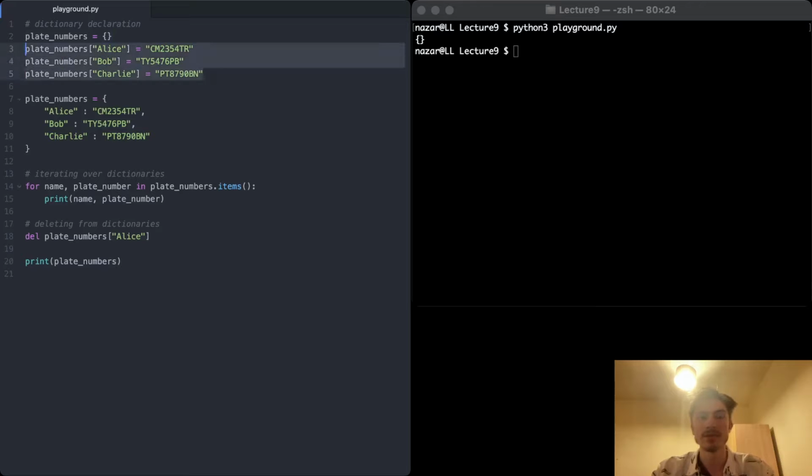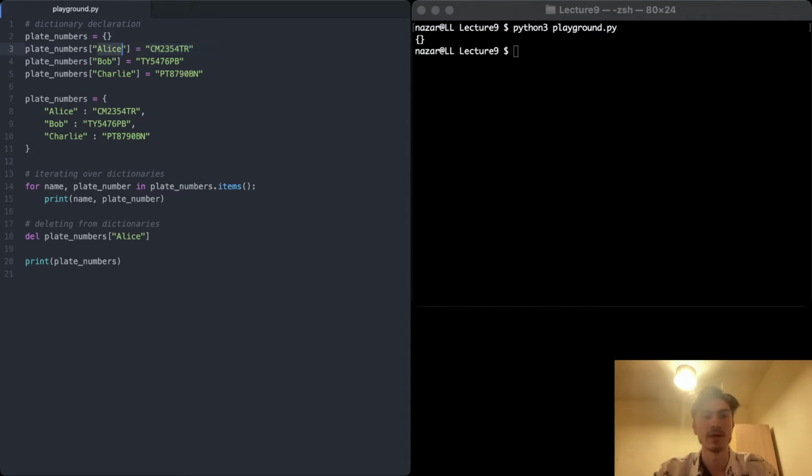Now that the dictionary has been created, we can store values into it. And as I said, we cannot just store an element. It has to be a key value pair. And the way we do that is using square bracket notation for the key, and then equals whatever we want to store as a value. It could be a string, it could be a number, it could be a list, it could be another dictionary, it could be whatever you want. But for this example, we are storing strings,